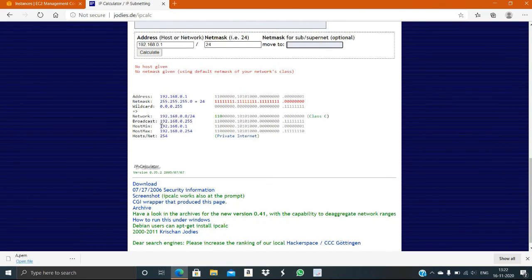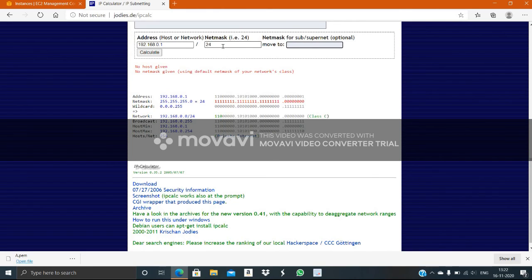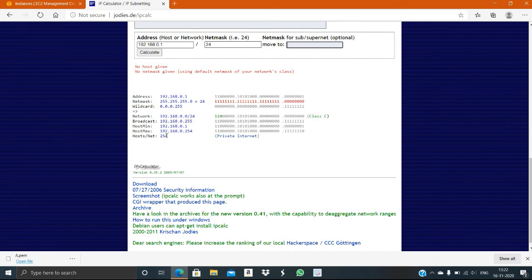For example, it will show like this. If you put your own IP address, it will show the host net, with how many virtual private clouds you will be allowed to deploy. Here you can see that, but now I am not showing that.